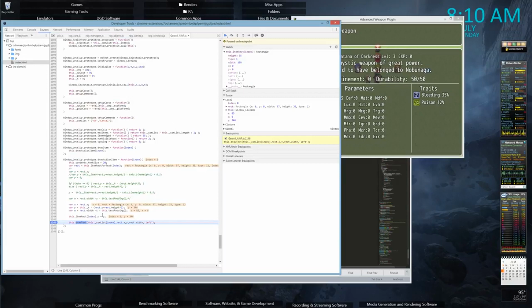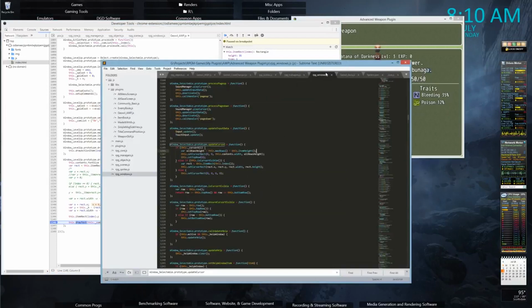Even doing it this way doesn't update it, which is interesting because it should, unless the y is something else. But it isn't because it's rect.y. So if this returns a rect object,